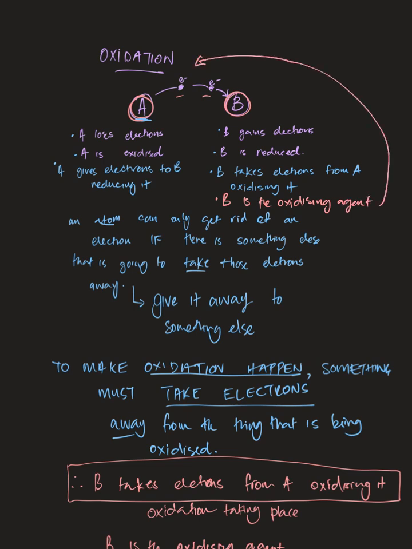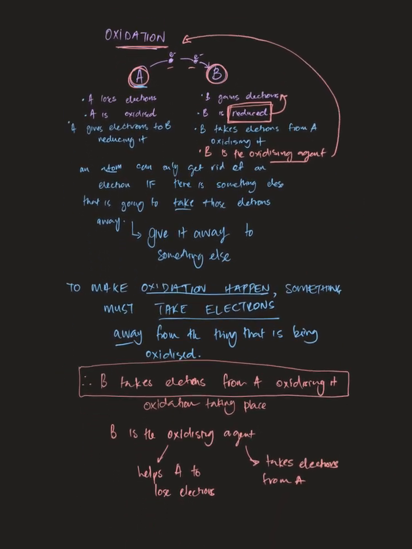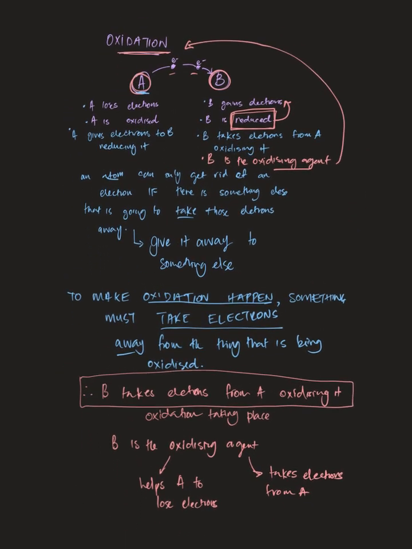because it causes oxidation. So yes, I can see that B over here is being reduced. And how it becomes reduced, it gains electrons. And by gaining those electrons, it's causing an oxidation process to take place. So it becomes then the oxidizing agent. So it's a little bit opposite. It takes a little bit of time to grasp all of this, but we'll get the hang of it as we go on. So that's how we sort out oxidation. It's how we look at how do I get an oxidizing agent? How do I get a